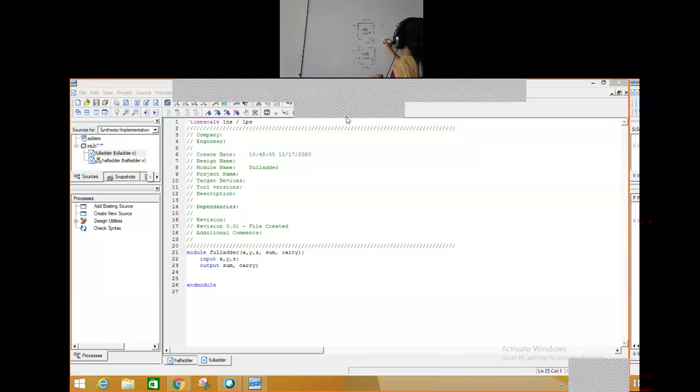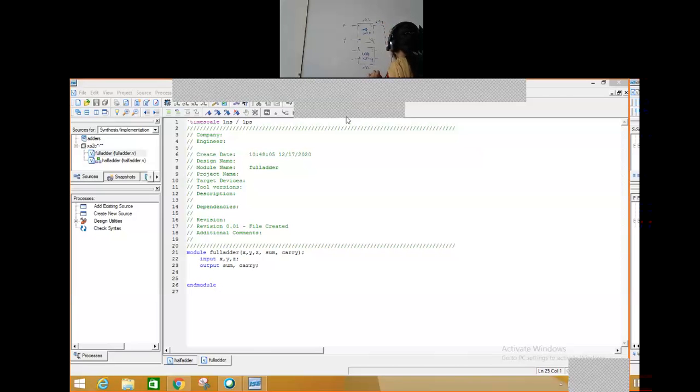Now, how do I get the full adder using 2 half adders? What am I supposed to do? Let me take X and Y as the 2 inputs I am having. That will give me an output X XOR Y, correct?